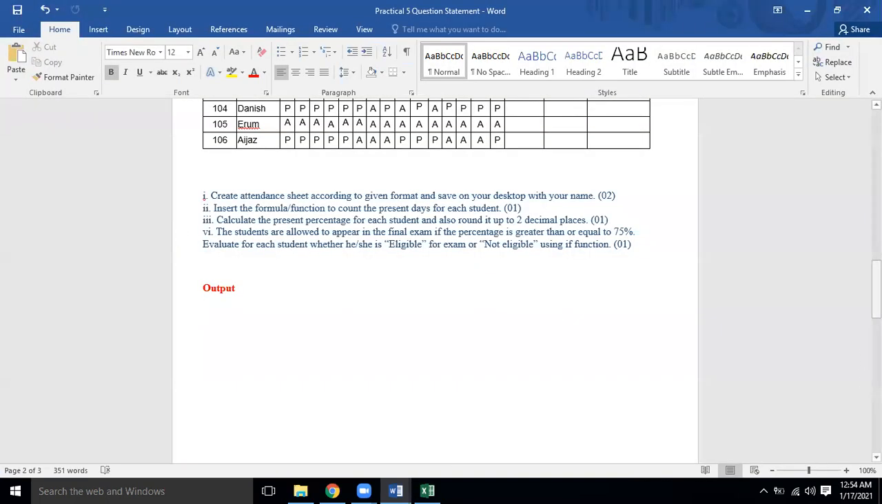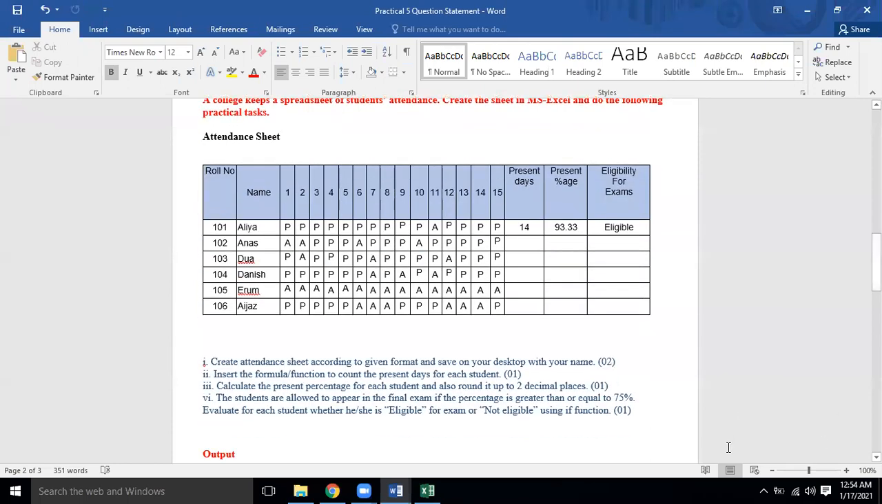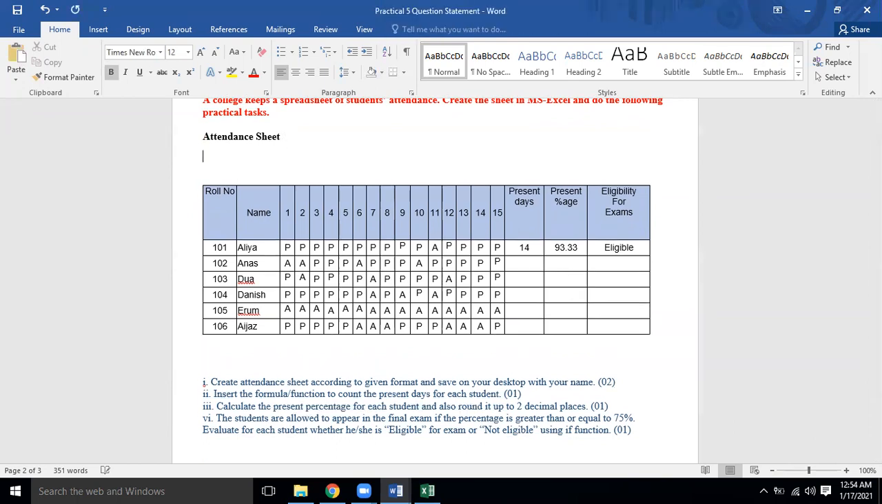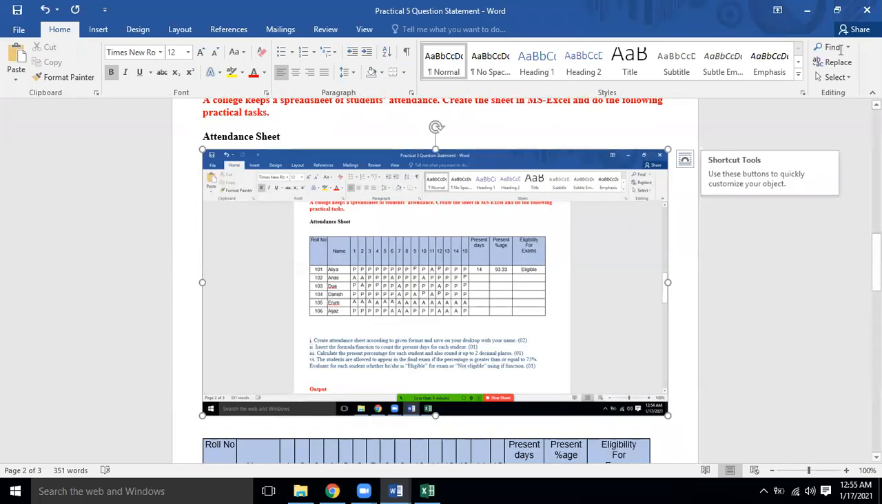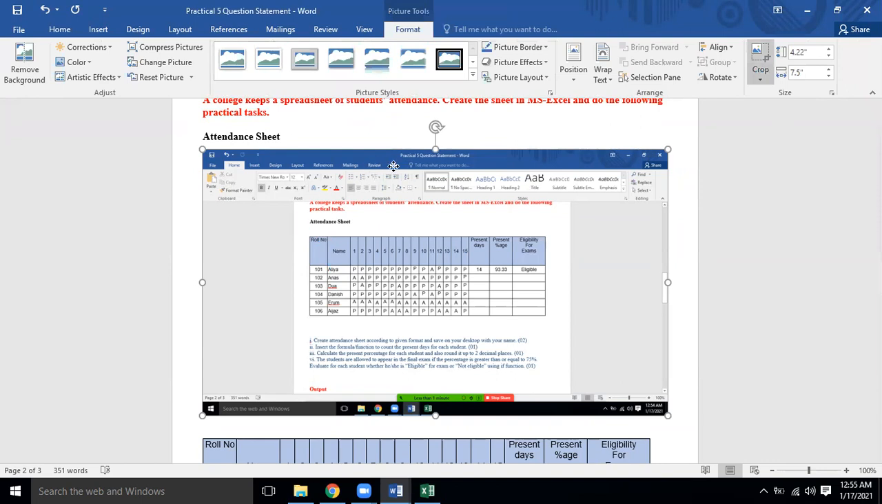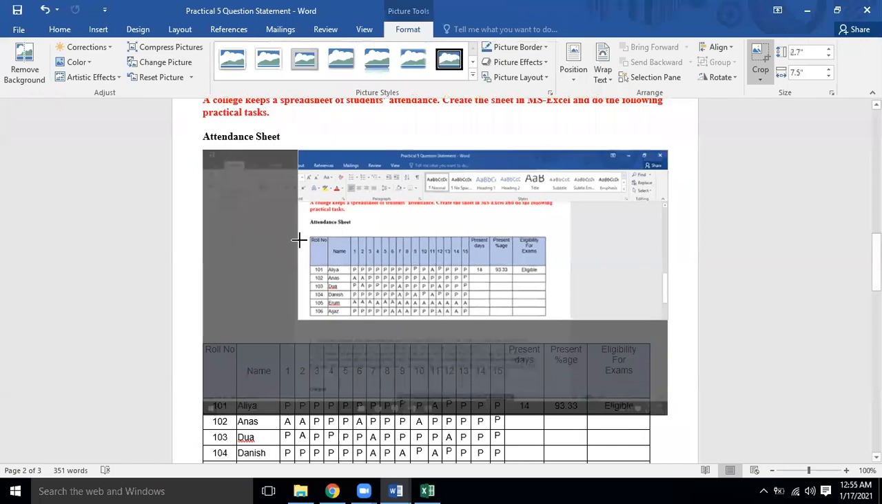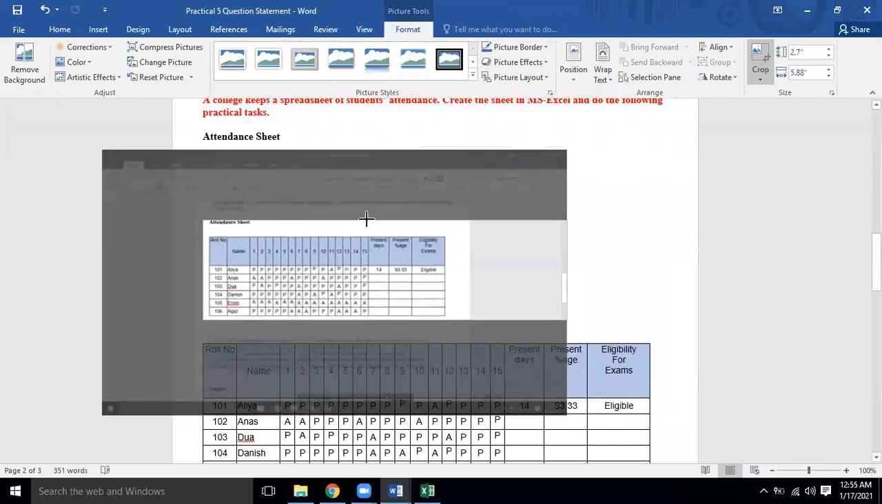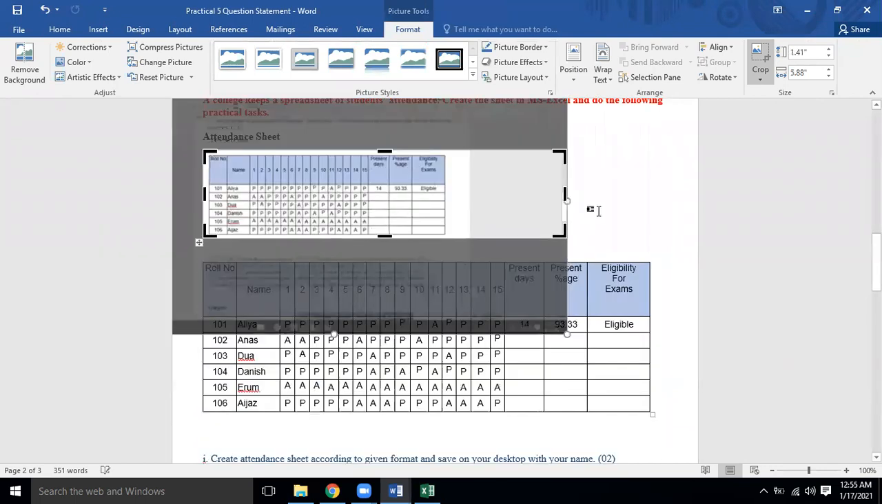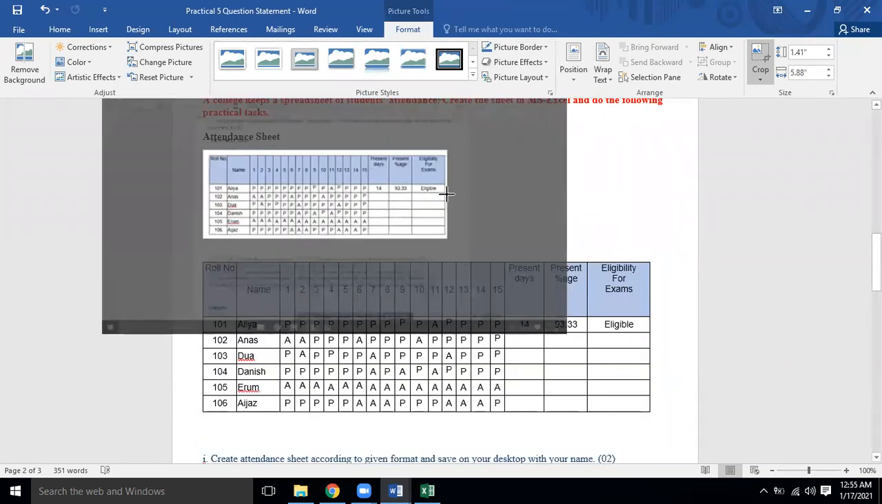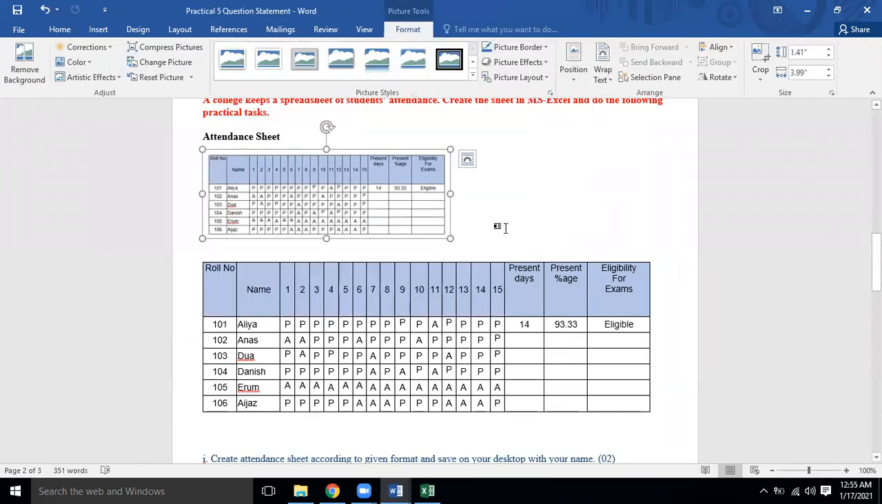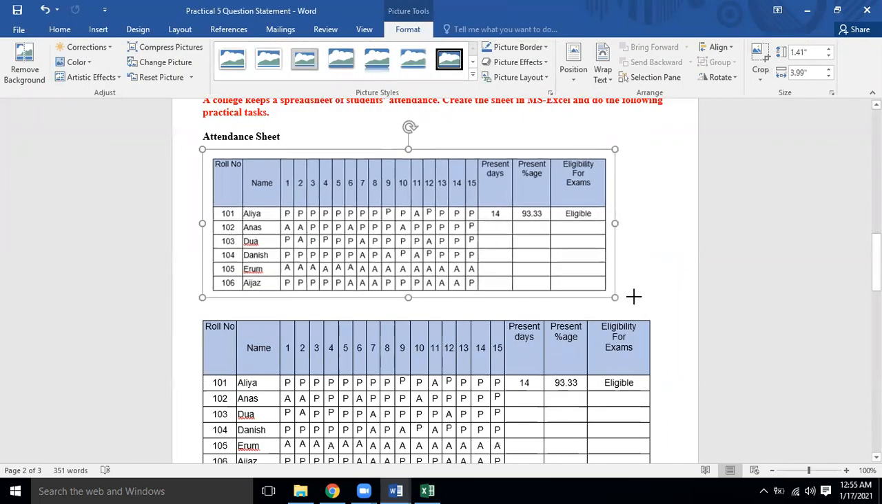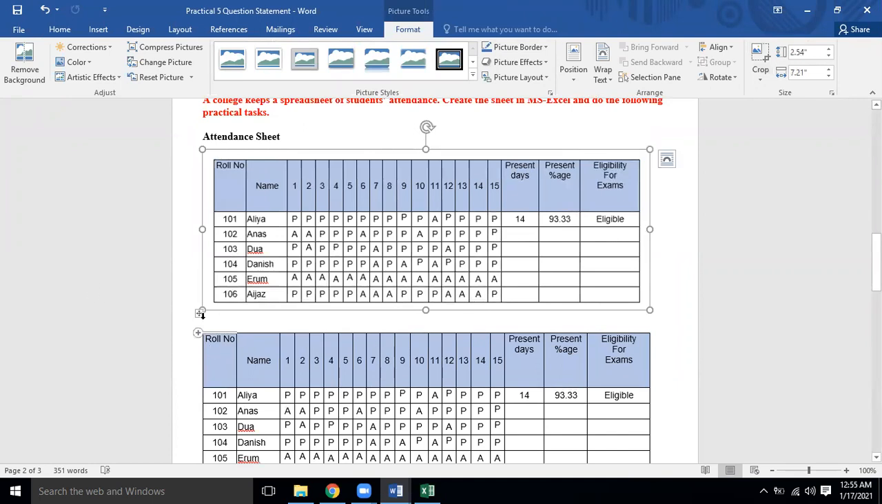This is the question statement that I am going to give you. This is the picture which is given to you over here. I am giving you the print screen in the form of an image, hence you need to type it on your own. Okay. So this is the problem statement that